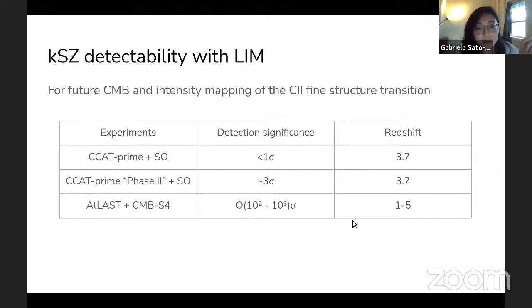I just wanted to highlight that in the paper, we go through a more detailed investigation of what you would need from a line intensity mapping experiment to be able to do this, and what scales in particular you can recover in the velocity field, depending on your different instrument configurations. I omitted that in this talk, but I encourage you to look at it there if you're interested.